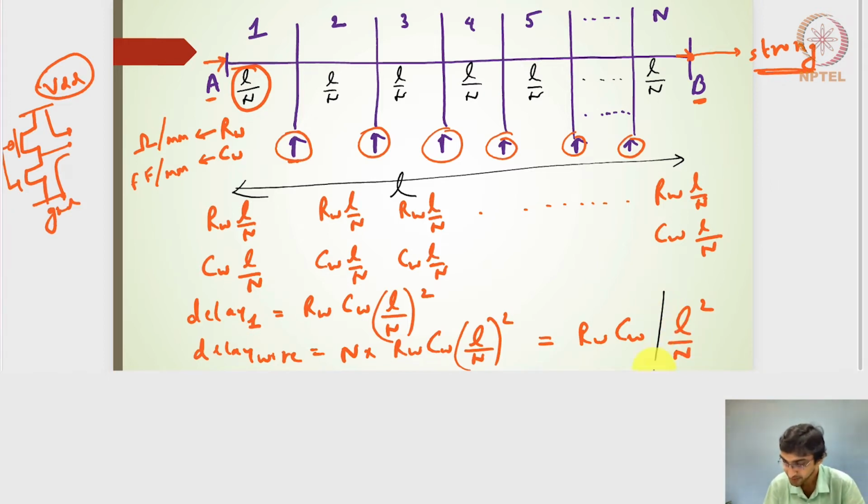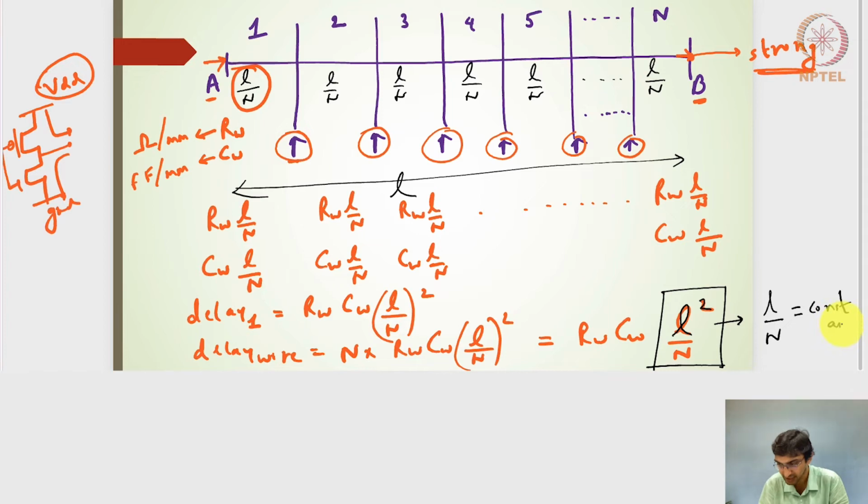Now this is very important. Even if I segment into n segments and add the repeaters here, if I increase the length of the wire, the RC delay of the wire is still proportional to the square of the length of the wire. So it is not going to get eliminated. But if somehow I make this L by N a constant, so based on the length of the wire, I proportionally add the number of repeaters,